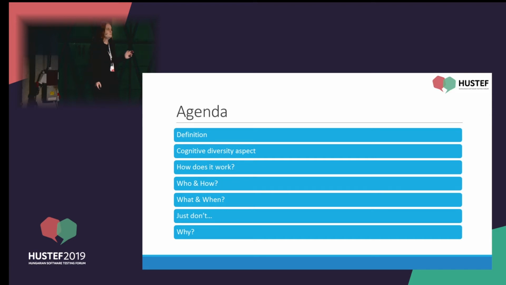Then spend a few minutes on the cognitive diversity aspects and what it has to do with usability testing in general. Then, based on real-life use cases, real-life examples, I would like to walk you through a couple of real hallway tests, and based on that, explain how hallway testing works. Then go through some practicalities, so who we should involve in hallway testing, how it should be conducted, what can